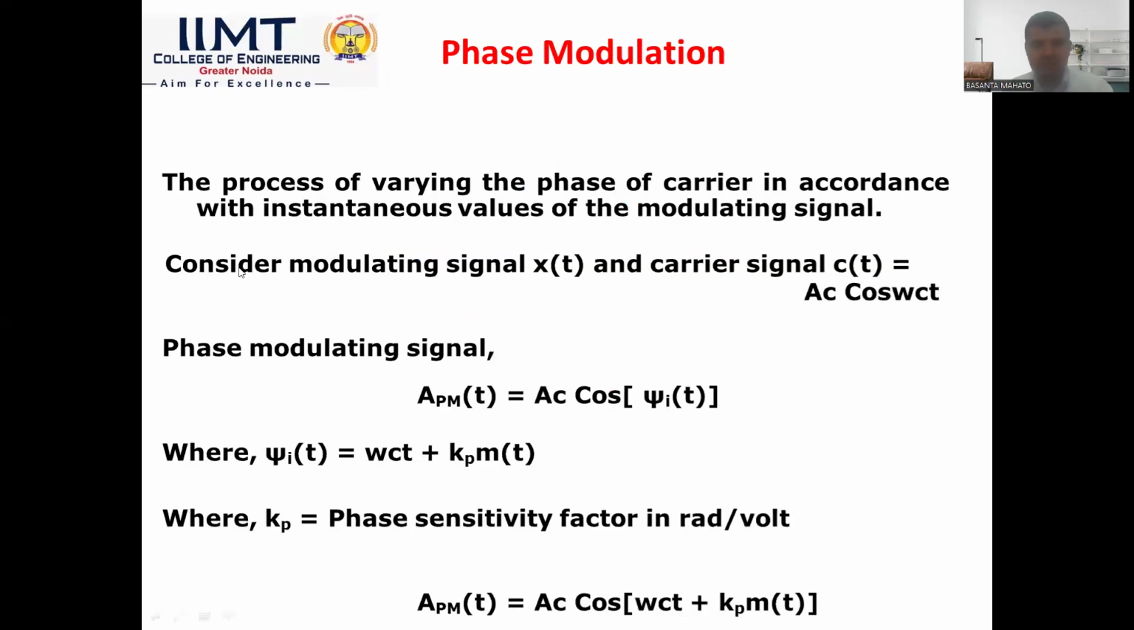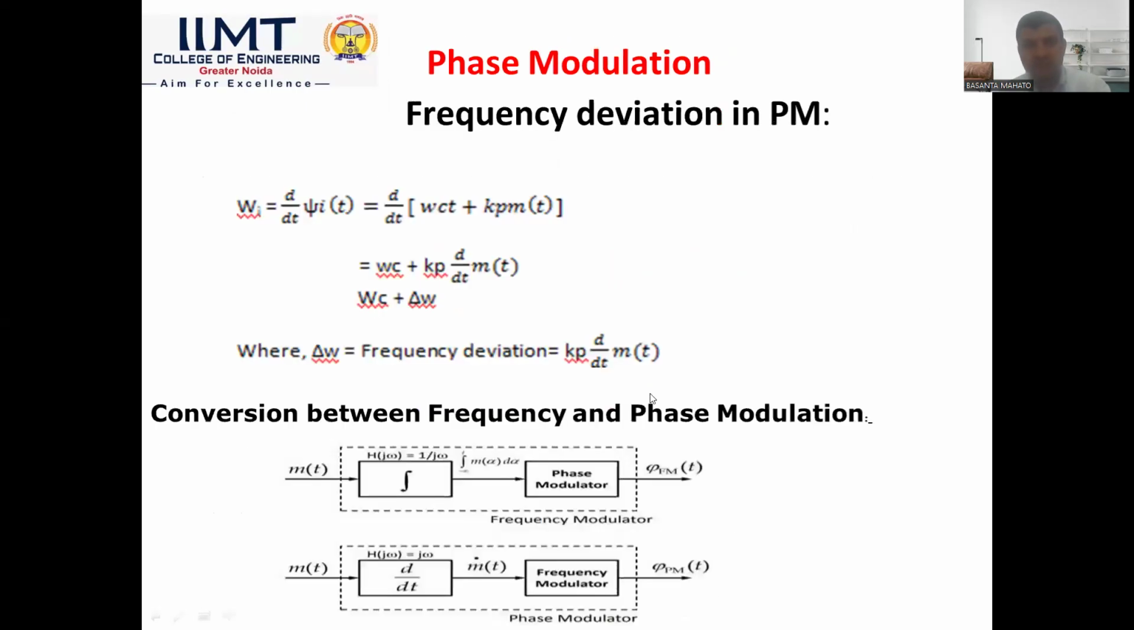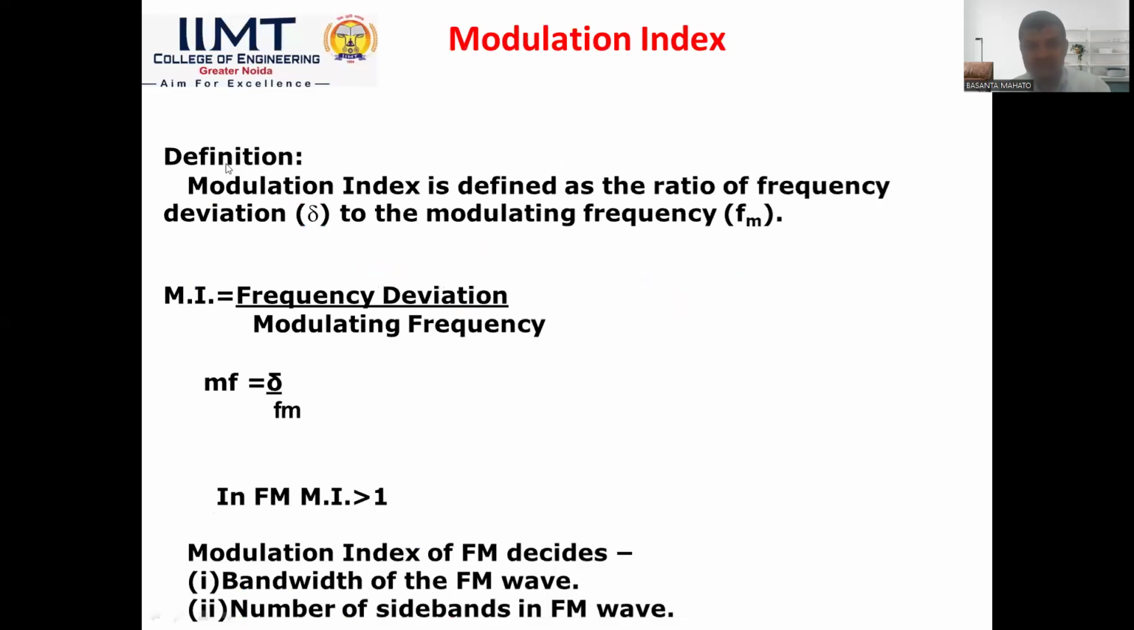phase modulation. It is the process of varying the phase of the carrier in accordance with the instantaneous value of the modulating signal. So phase means only the phase term we are changing. The modulation index for frequency modulation is the frequency deviation, how much it deviates with the modulating